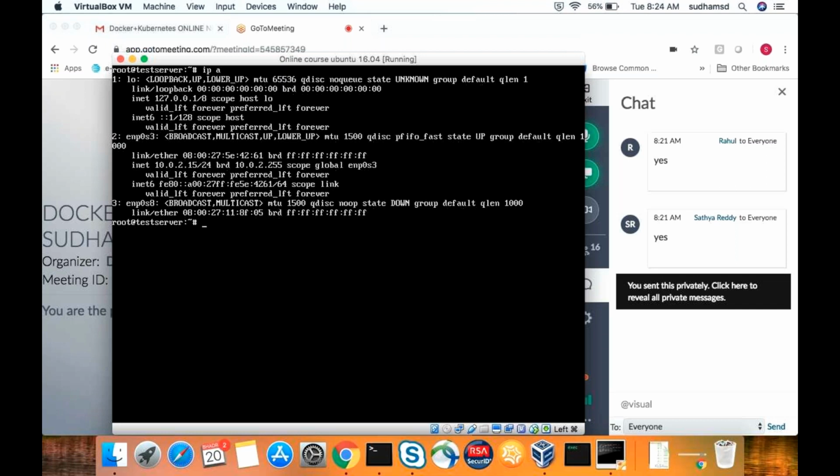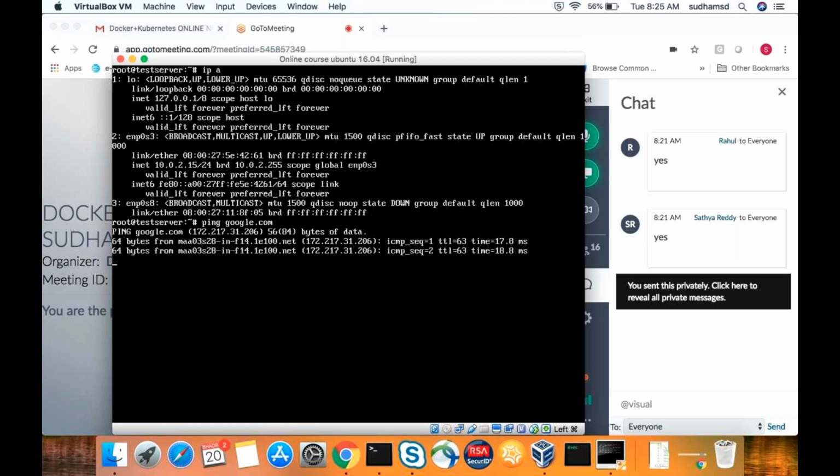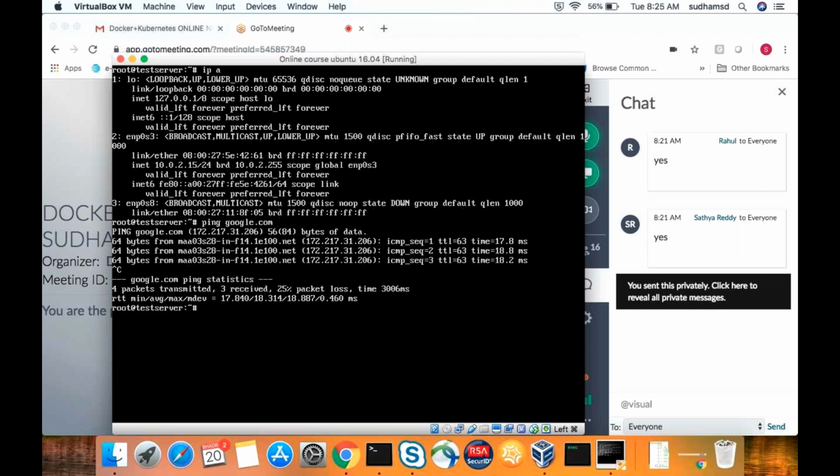Of the rest of the two interfaces, one interface is already assigned an IP address, that is 10.0.2.15, which is from the NAT gateway. Okay, so directly you'll get an internet connection. You can see here, see, I am able to connect to Google. But the second interface doesn't have any IP address, but still we are able to connect to the internet because my IP address is NAT, the first interface.